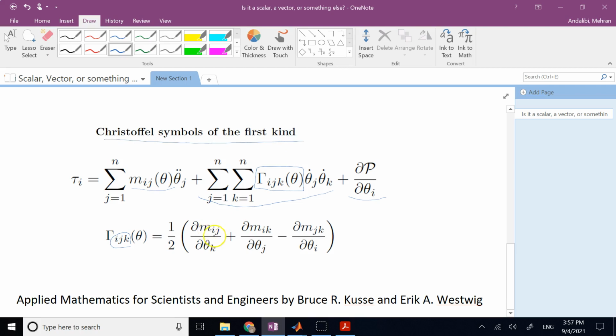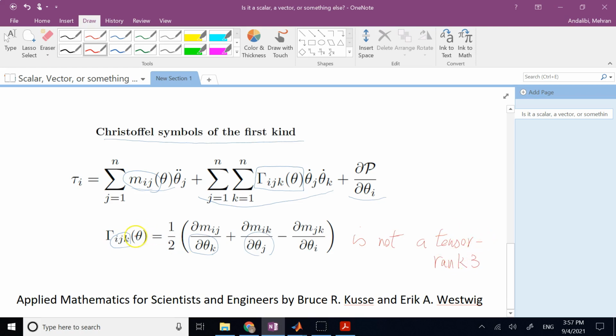You basically calculate it by taking the partial derivatives of the components of the mass matrix with respect to the joint variables. Okay? And the question might be now, is this a tensor of rank 3? And the answer is no, it is not. So this is not a tensor of rank 3,